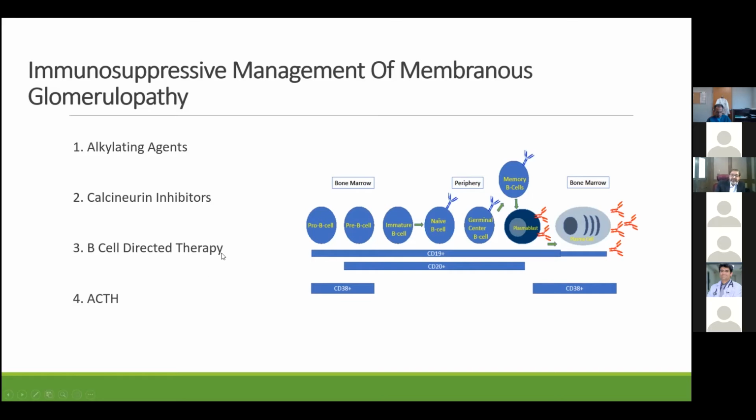And then we've now developed directed B-cell depleting agents. Rituximab is the marquee agent for that, but there are others available. All of what they're trying to do is to kill some of these cells that make antibodies. So let's take a look at what we're seeing on this side of the picture. You've got the B-cell progenitors, and then this is what's happening in the lymph nodes, the germinal center B cells, part of the germinal center reactions. Once the germinal center reaction happens, you either metamorphose into plasmablasts and plasma cells to make antibodies, or you go in and make memory B cells to generate